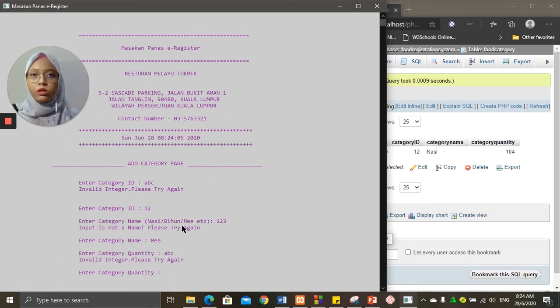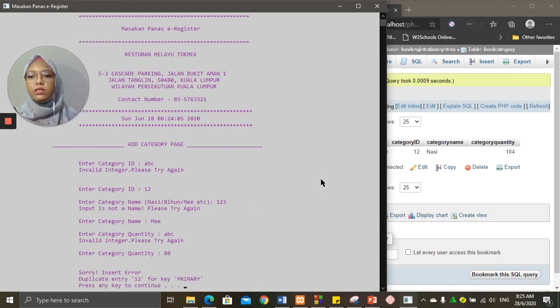Again, the system will notify the user that it is an invalid integer. Please try again. So on this part, we enter maybe 80. And here it says sorry, insert error because duplicate entry 12, which means the category ID cannot be the same as a previous category ID that already exists in the database. Because it is a primary key, it must be unique.